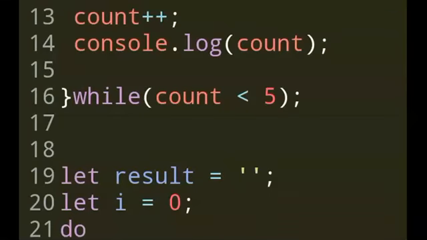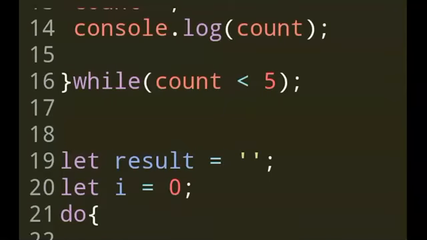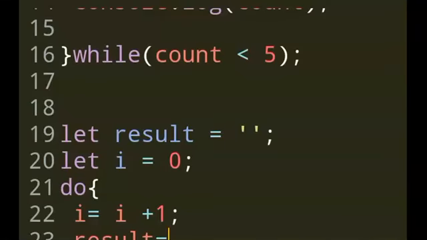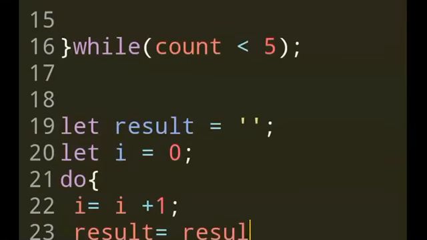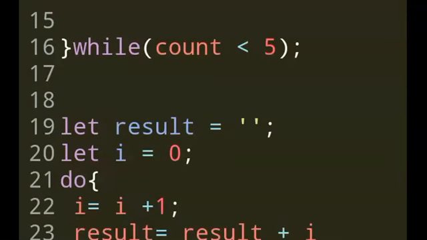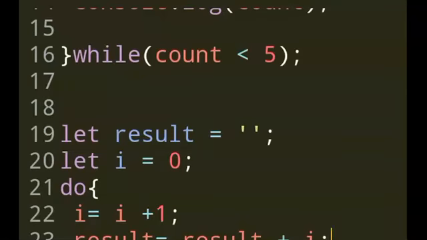Then we need to execute this incrementing loop: i equals i plus 1, adding 1 all the time and accumulating the values. Then result will be result plus i. Every time, the accumulated result is added to i, and i is i plus 1.